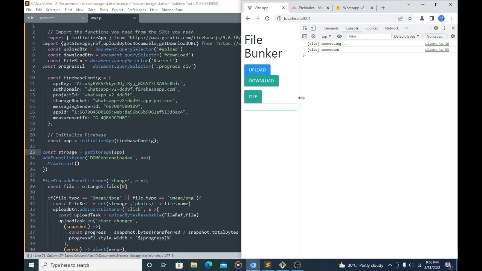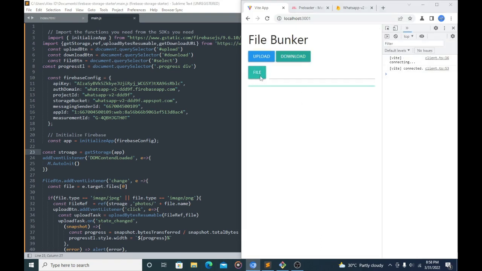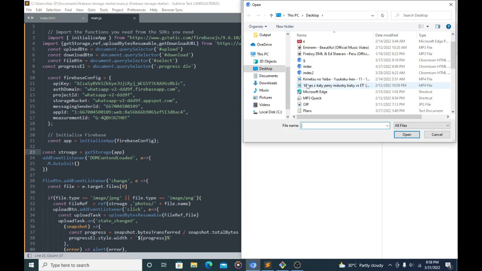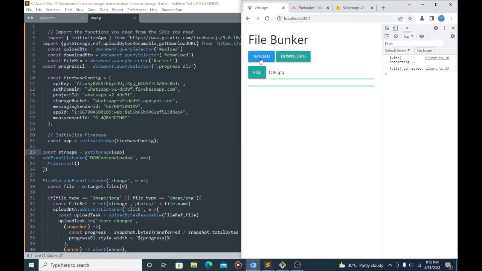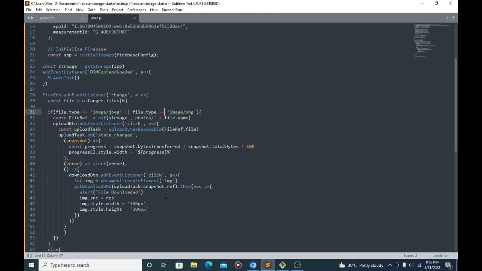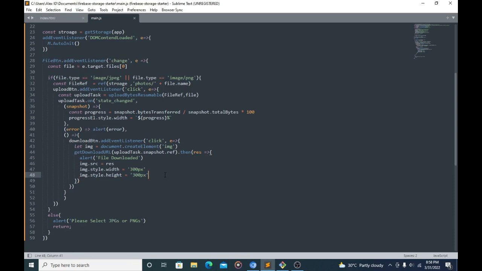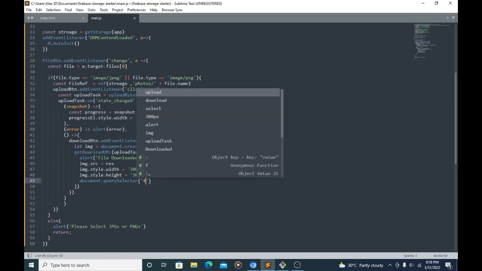So let's run this function again. So I'm going to select that same image, open, upload, boom. So it has uploaded, download, file downloaded, and it should have, okay, my bad. Okay. We're going to say document.querySelector, hashtag of app,